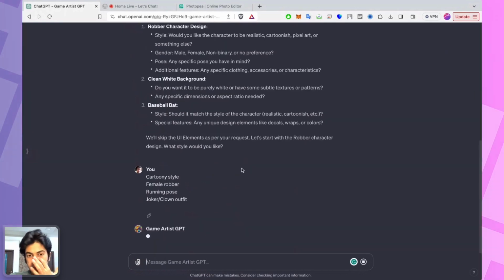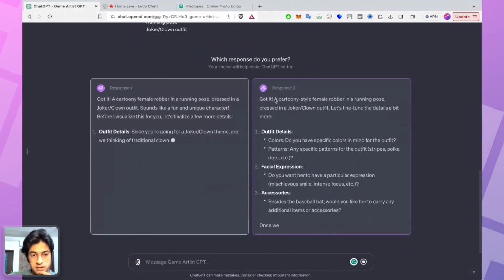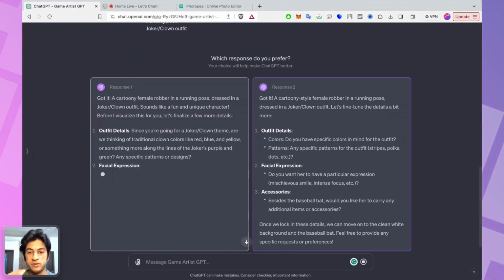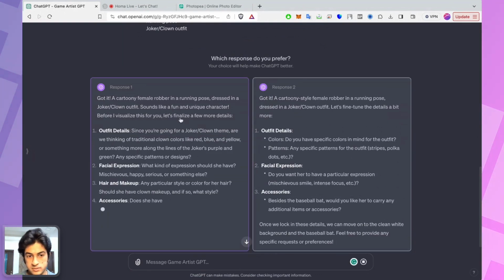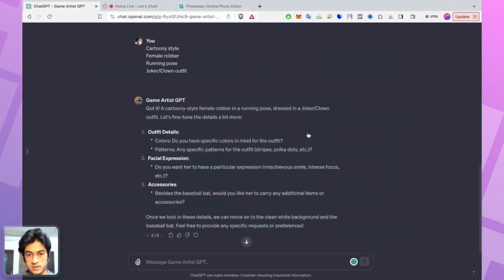Yeah, I think we can define it as much as we want to with the baseball bat and everything, but it's fine. Okay, so we have two options now. ChatGPT does this. It sometimes provides you options. Which one do you prefer? So it can train your chat better. I think they both look quite similar. Let's just choose one. It doesn't matter. Okay. So do you have any specific colors in mind? Okay, let's just ask it to create with the details we have, and you can assume the rest of the details.